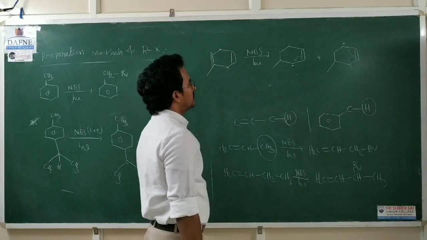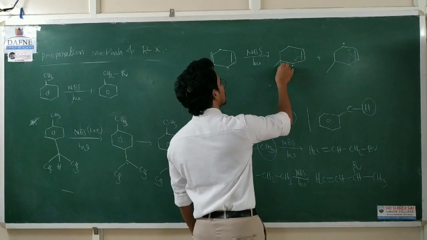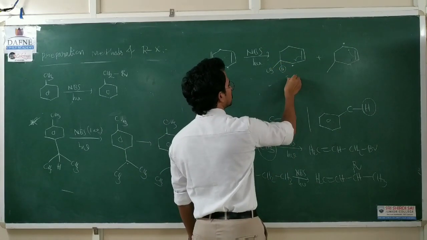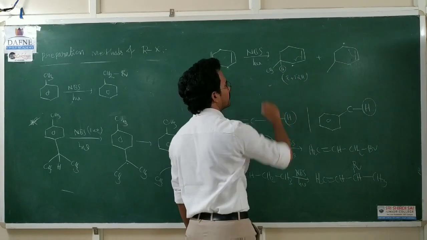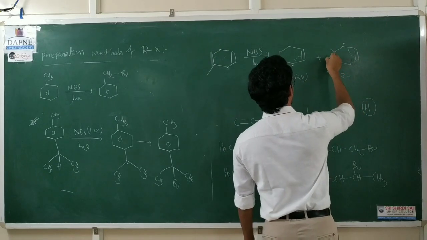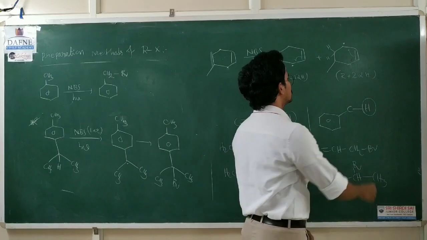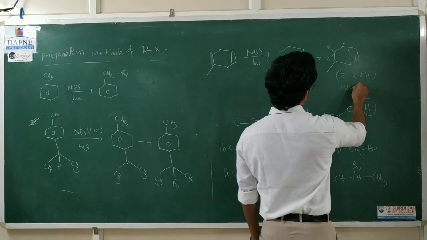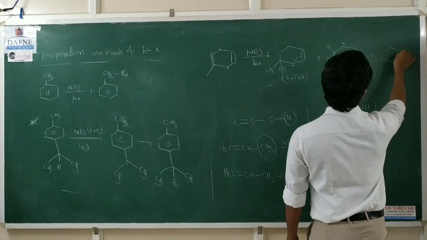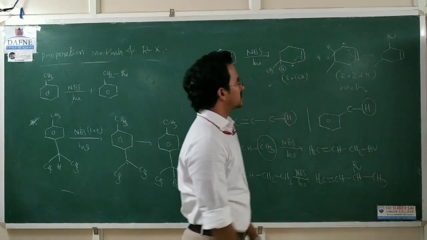But between these two, we can check additionally. Here there is a hydrogen, of course it is a methyl. So resonance plus one alpha hydrogen. Now in this case, resonance plus two alpha hydrogens are involved in hyperconjugation. So which is more stable? This is more stable. So the major product is the methyl bromide. That is the major product.